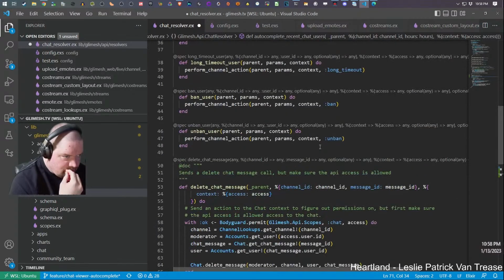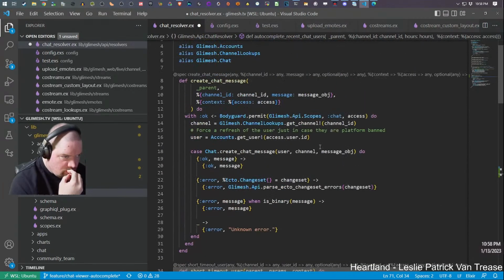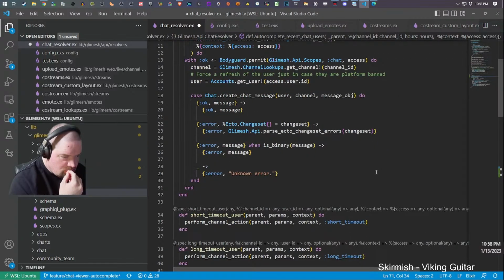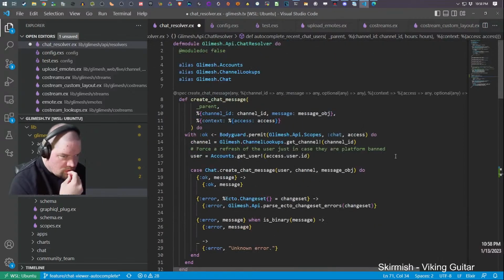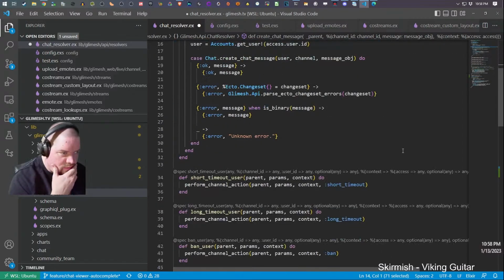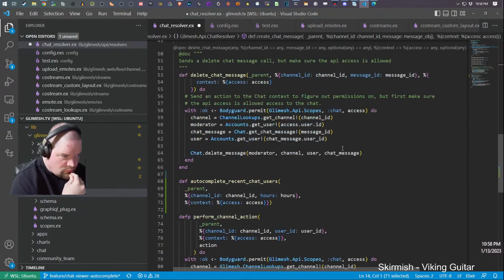And what's action? I guess action isn't really, it doesn't look like it's, I think it's just for these guys here. Okay, so ID. I'm gonna do this. I want to make sure they have chat scope.